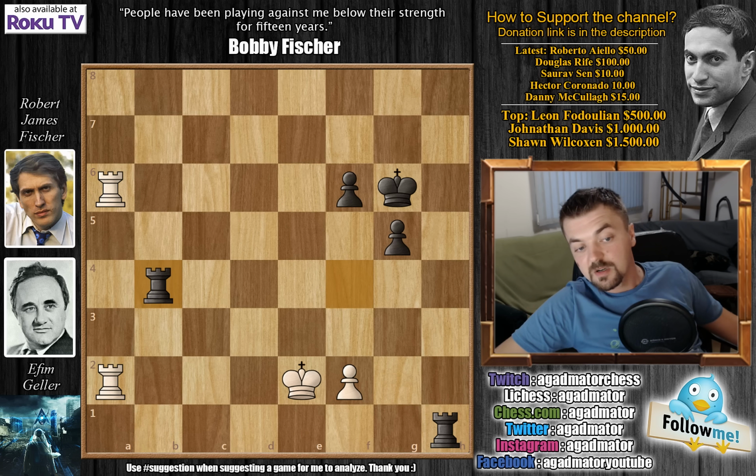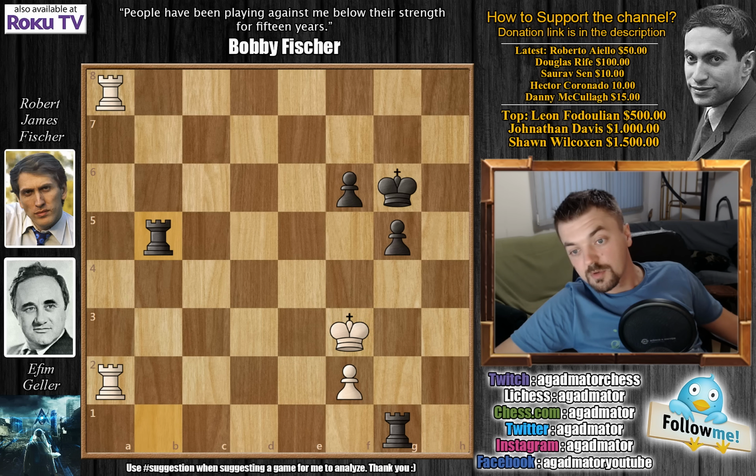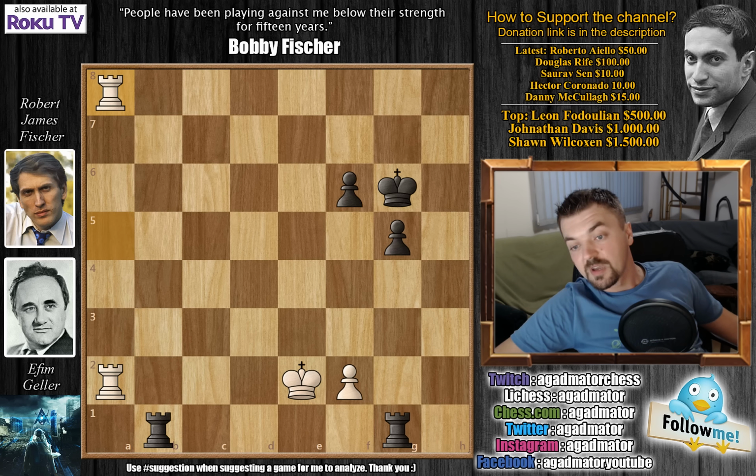Now comes rook to g4, rook to b4, and now rook to a4, offering a trade of rooks. We have rook to b1, and now rook back to a8. Rook to g1, and now king to f3. We have rook to b5, rook a to a5, again offering a trade of rooks, and Fischer declines. Rook to b3. King to e2, we have rook b to b1, and now rook back to a8, repeating of